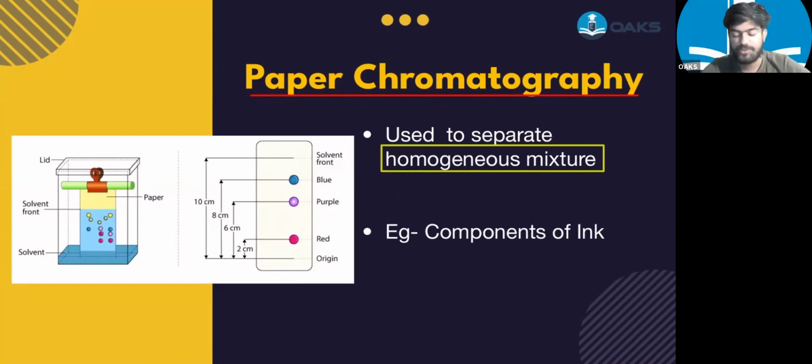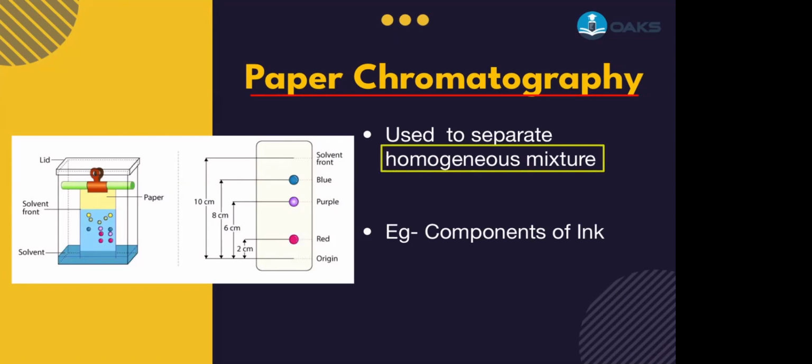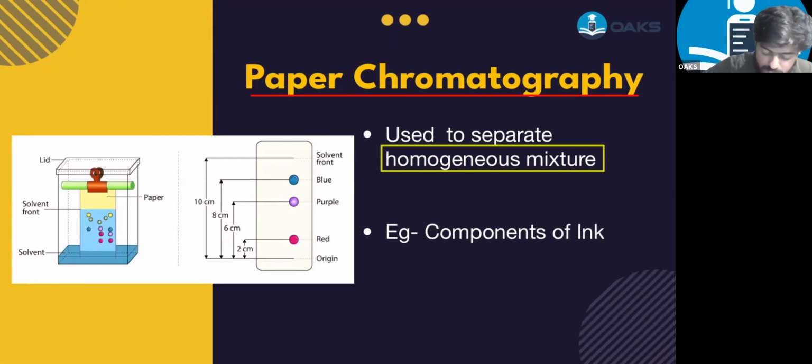What you have to do is take a piece of paper and use your marker. Do you know the permanent marker which we use to underline and do those things? Yes or no? So for this, we are going to use that particular marker and we are going to mark that thing on the piece of paper.